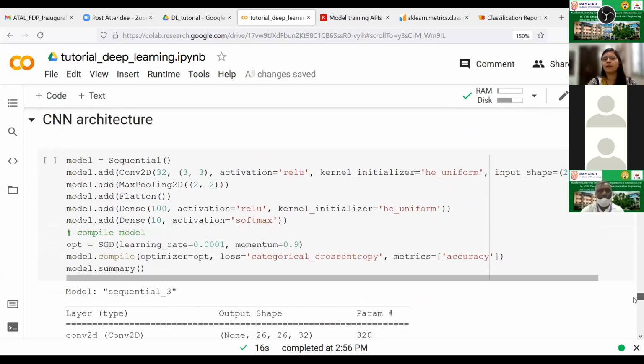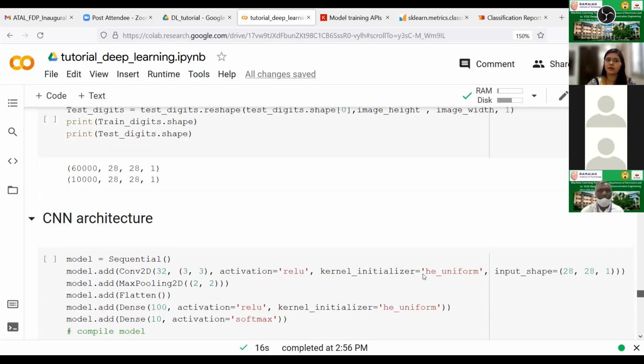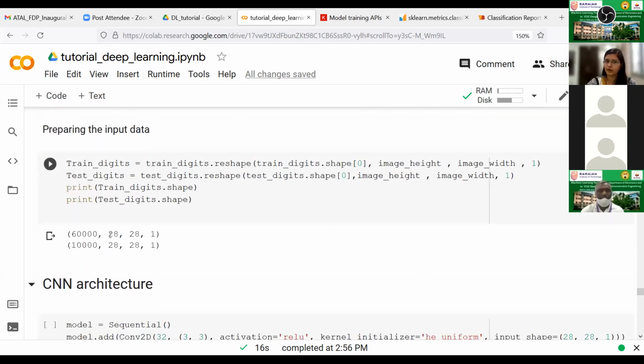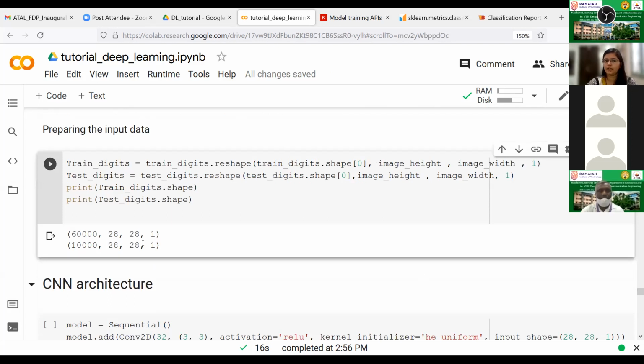Generally, when we give input images to the network, it is 28 cross 28 cross 3, an RGB image. But because we are giving a grayscale image, the last dimension should be 1. So this is how we reshape the data.